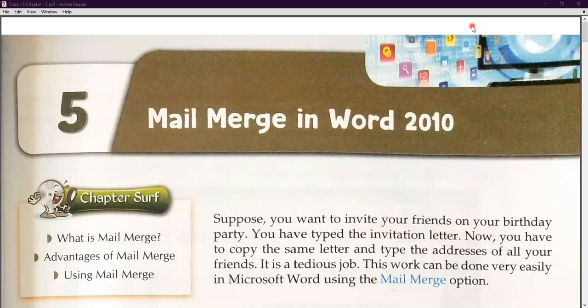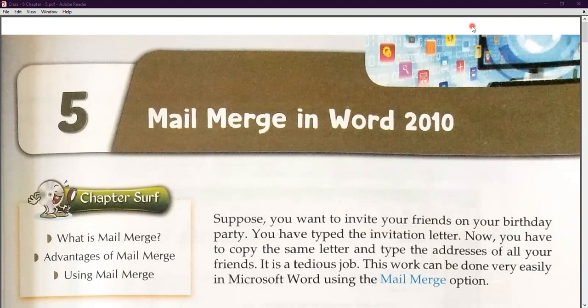In the previous session, I told you the theoretical aspect of this chapter, and we have seen that for implementing mail merge, we need two things majorly. The first thing is that we have to create a main document, and then we have to define a data source. That means the recipients list, or you can say the recipient's address list. In the previous session, we saw only the theoretical manner.